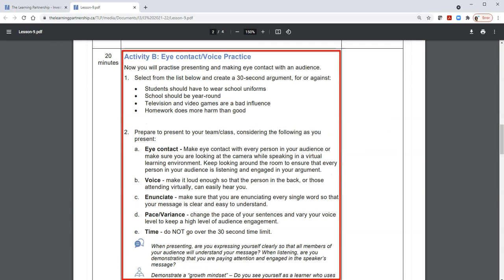In Activity B, they continue to work on speech skills, but this time making eye contact and voice practice. They choose a topic from a list provided, and of course feel free to modify the list, and then they prepare to present to either a group or to the class, making sure that they make eye contact, that voices are loud and clear, that they enunciate, have a good pace and variance, and that they do not go over